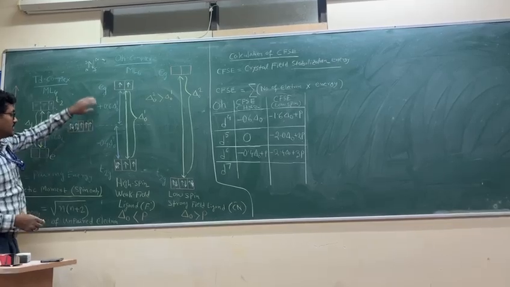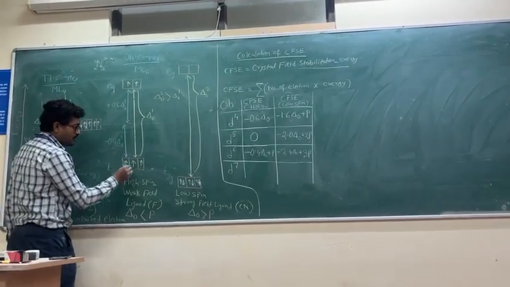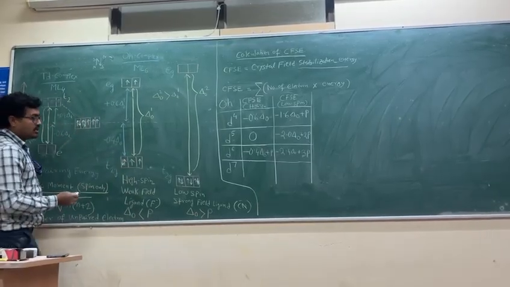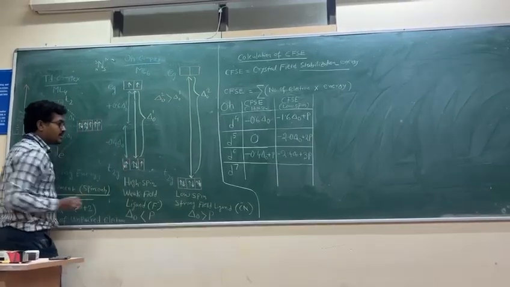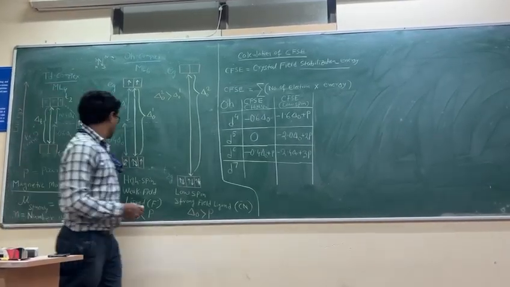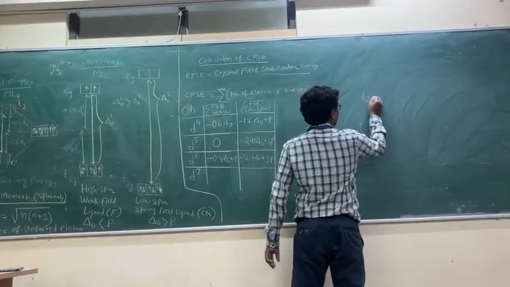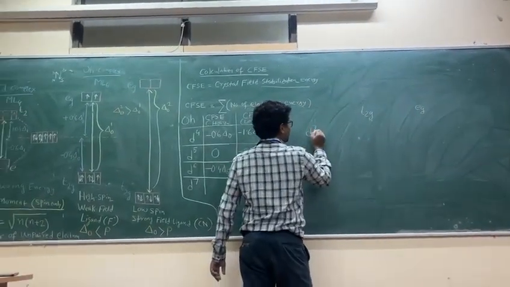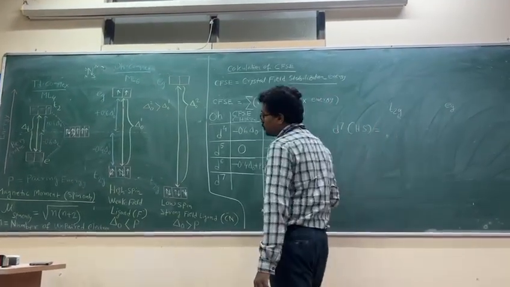So for d7 high spin complex, the seventh electron will come here, at the low energy level, right? So for d7 high spin, t2g, eg,